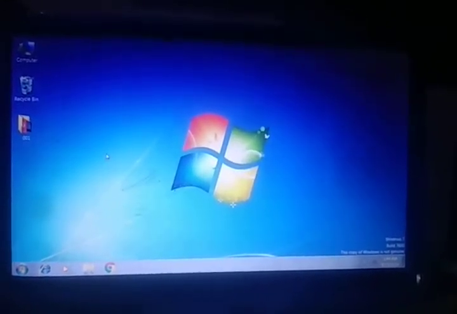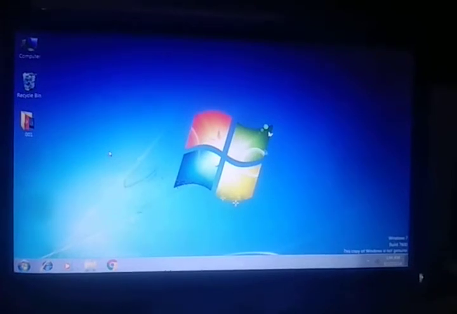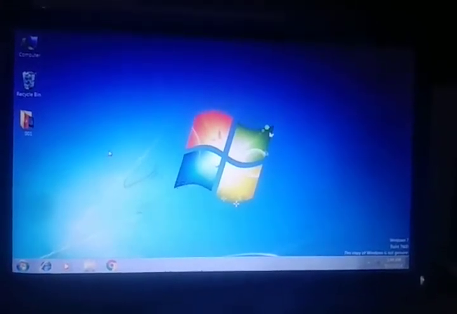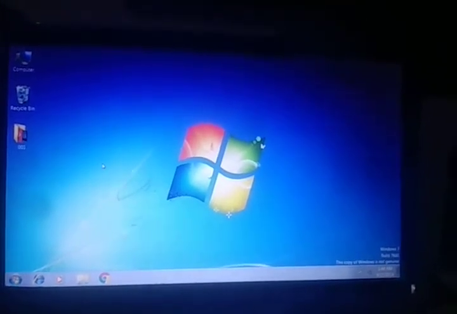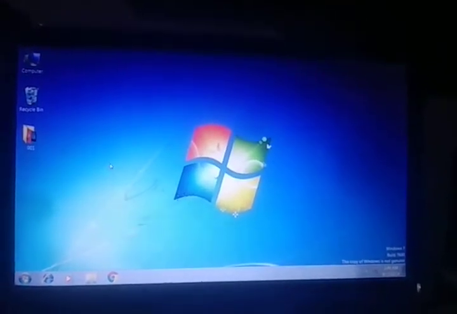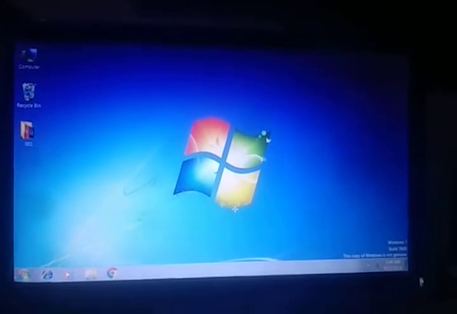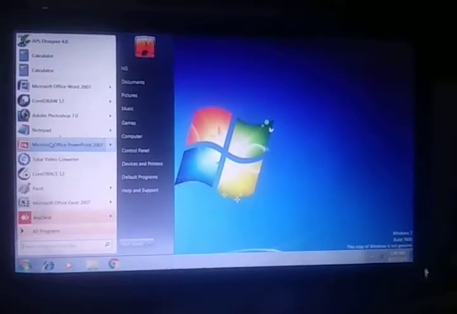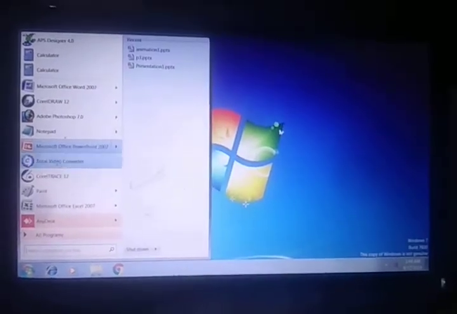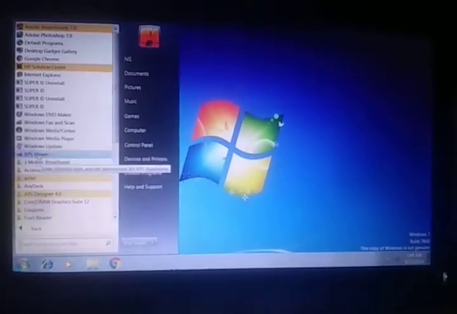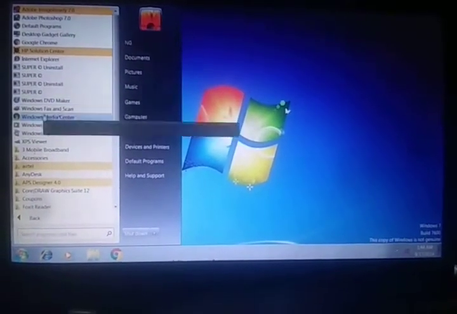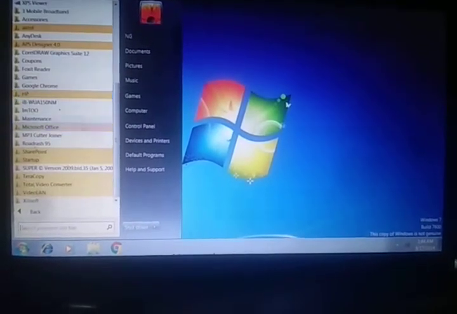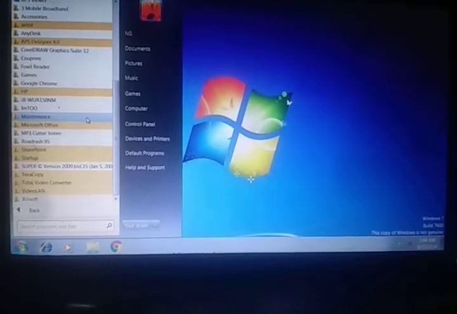Microsoft PowerPoint, means MS PowerPoint. MS PowerPoint is an application software of Microsoft Office. Just see, click on the start button, then Microsoft PowerPoint, or you can see all programs. There is a folder Microsoft Office.